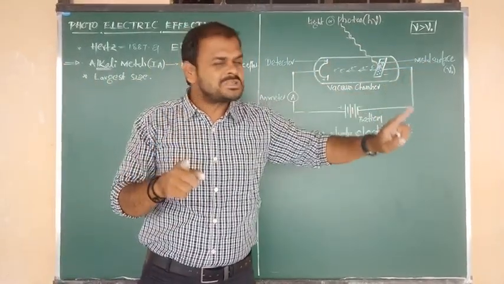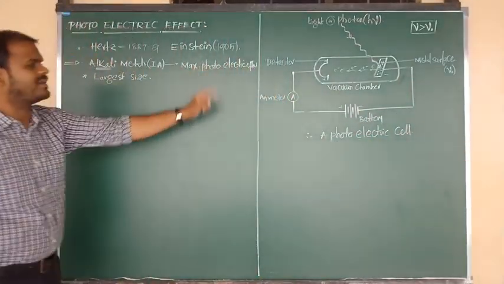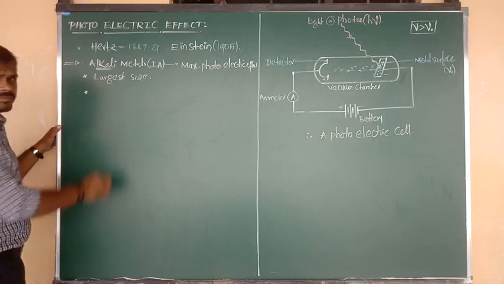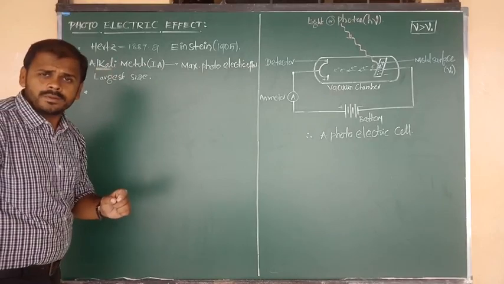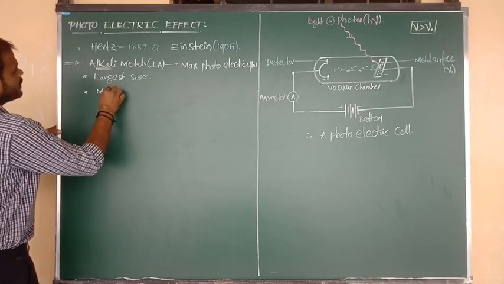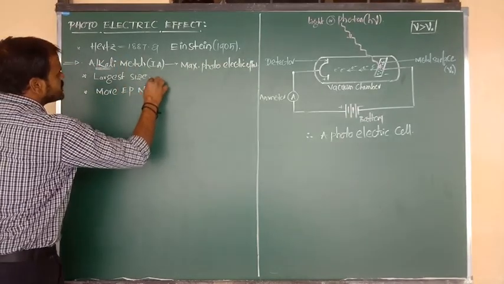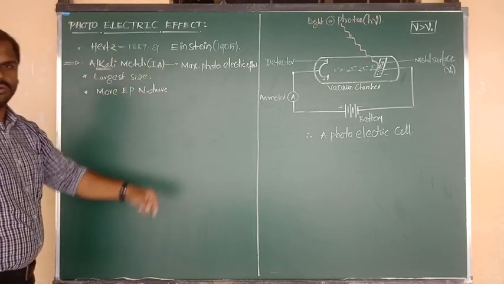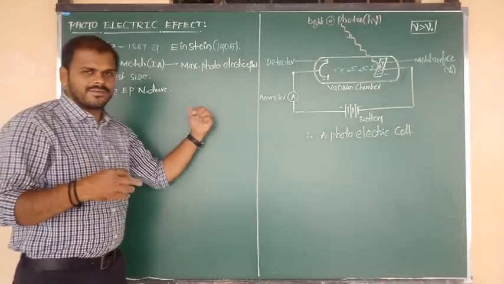That means electrons can be easily released out from the metal. That is the concept of what, Nana? Photoelectric effect. Due to their large size, outer electrons are free from the nucleus, so they can easily lose the electron. Alkali metals have the tendency to easily donate the electron. Such a tendency means alkali metals have more electropositive nature. So due to these two main things, alkali metals show maximum photoelectric effect. I hope you understand this introduction.